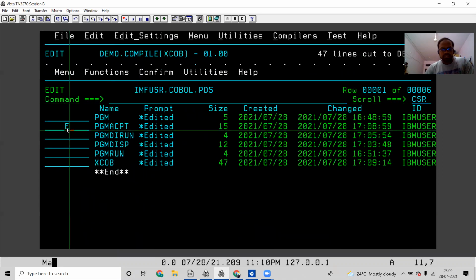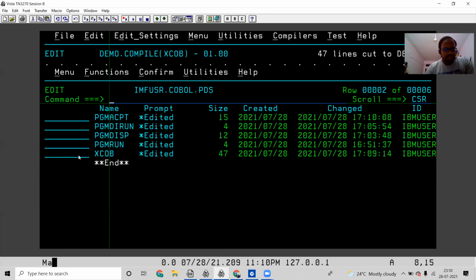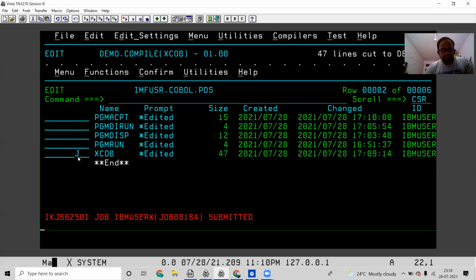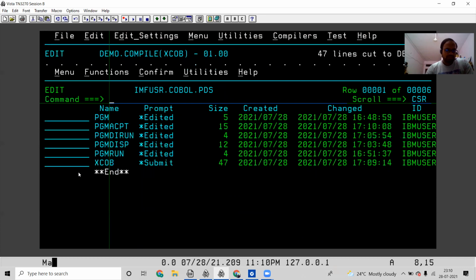So I'm going into this one, and I'm going to mention the periods here. Okay, now we have mentioned the periods. Now everything looks fine. Let us compile this. Max is 4. Now it got compiled. So we need to be very careful with the periods and everything. Okay. Now let us go with.